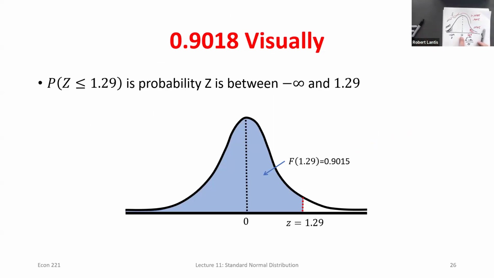If this is 0, and I were to fold this on top of itself around that mean, where would 1.29 be? Directly on top of negative 1.29. So the area to the left of negative 1.29 has to be the same as the area to the right of positive 1.29. Once I know that, if I wanted the area to the left of positive 1.29,